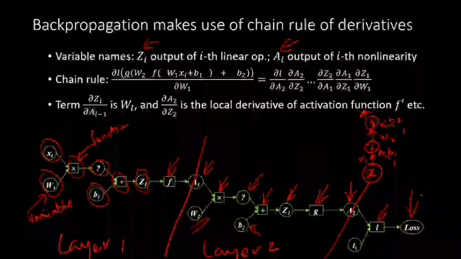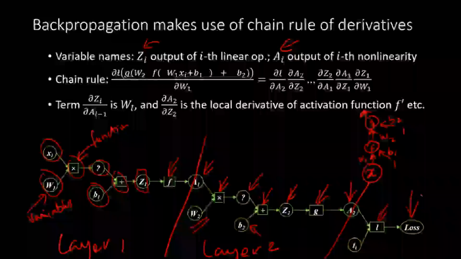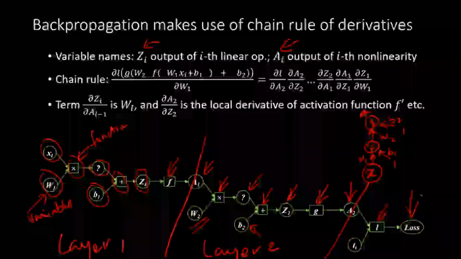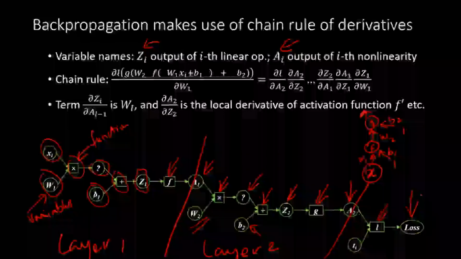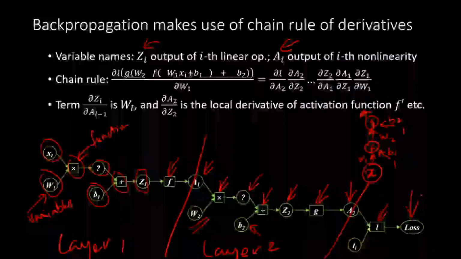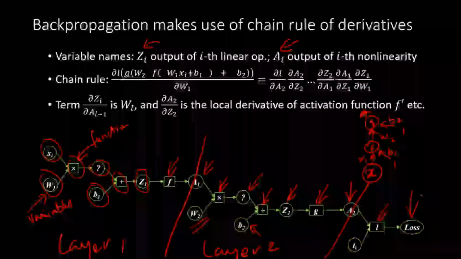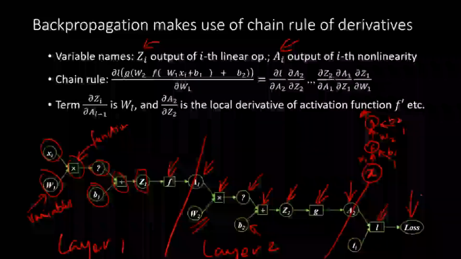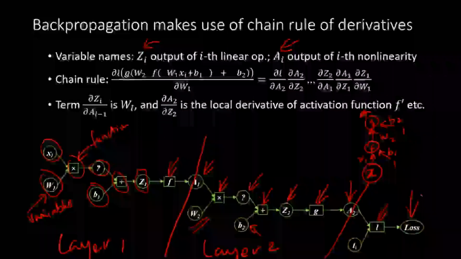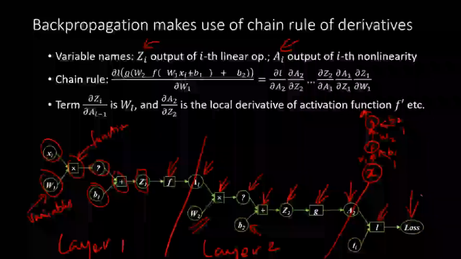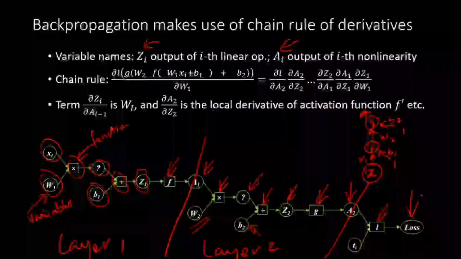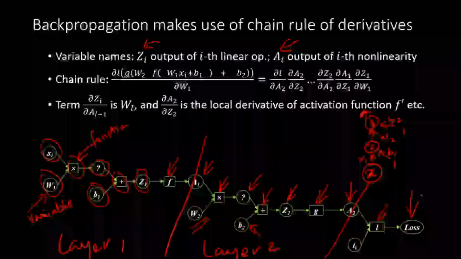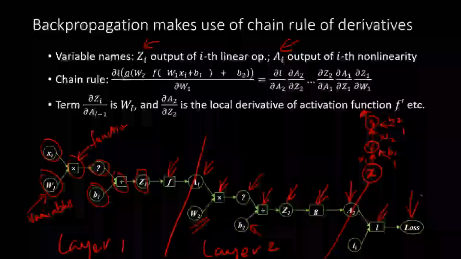So now what we want to do is we want to train this neural network. So we want to find the minima of the loss with respect to changing W1, changing W2, changing B1, changing B2. Okay, so we want to compute the derivative of the loss with respect to all four unknowns, which is W1, W2, B1 and B2, right? But the most complex one, for example, would be computing the derivative with respect to W1. So let's look at how that will happen, and that's where we will use a chain rule.